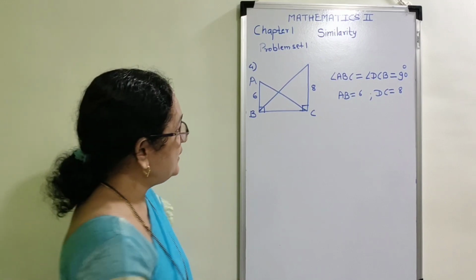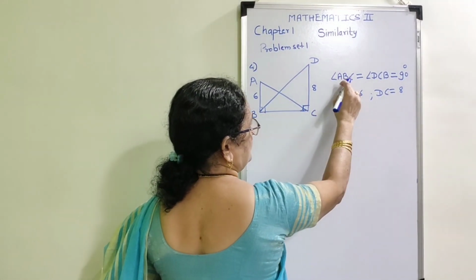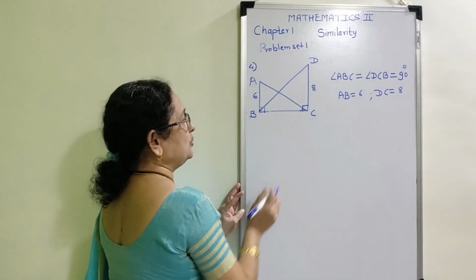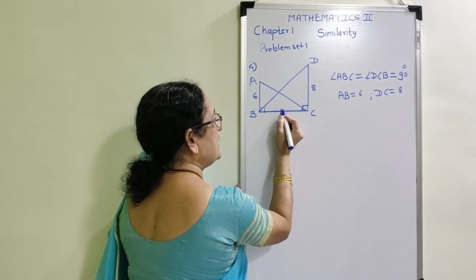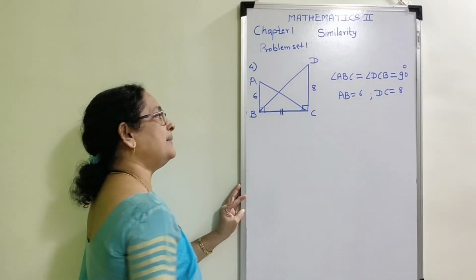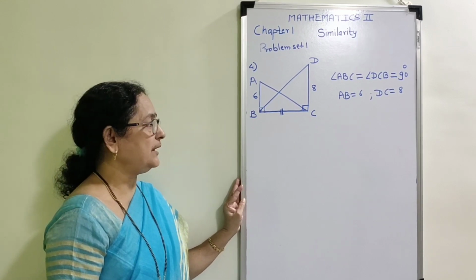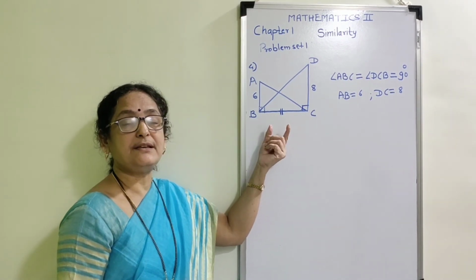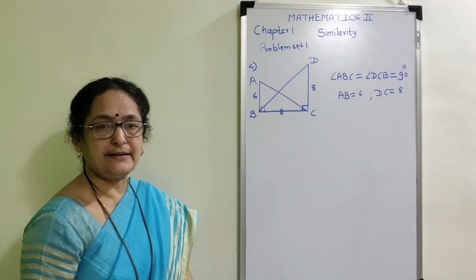First of all, try to understand the given figure. Both the triangles are right angle triangles since two angles are given each 90 degree. Now they have given the heights of both the triangles. Now there is one relationship between the given triangles that they are having a common base. BC is the common base of both the triangles. In this chapter, we have completed one important property that when the triangles are having common base, the ratio of their areas is equal to the ratio of their corresponding heights, and heights of both the triangles are given.